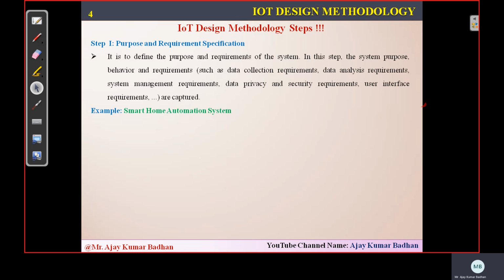Here we will be performing different kinds of things like data collection. Who is going to collect the data? Then we need to perform data analysis. How to perform this data analysis? What are the requirements to perform it? Same with the entire system, it has to be managed by someone, right? We cannot simply construct a system and leave it as it is. Then it may not function properly. There should be someone who can monitor that system perfectly from time to time,